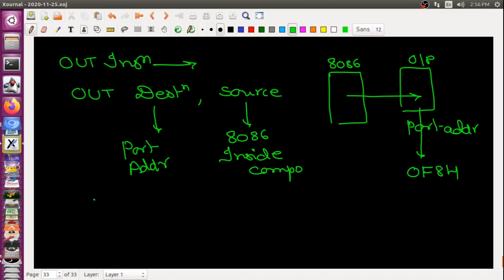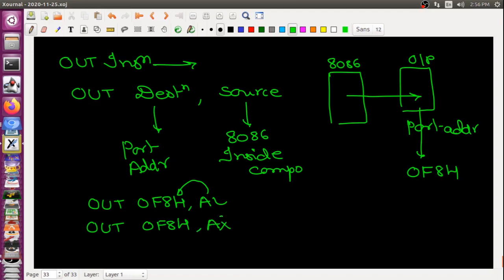I can write the instruction OUT 0F0H, AL. Whatever byte is available in AL will be copied into this port address. Or if I use 16-bit, I can directly say OUT 0F0H, AX. In this case a word will be transferred, in the other case a byte will be transferred. And this is the direct way.